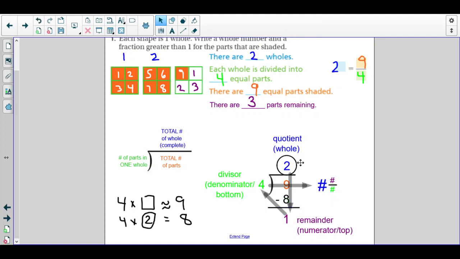So now I'm going to use my cross method here. Start right here, go down, over, and across. So start up here, I have 2. I'm going to go down and pick up my remainder of 1, and then come across and pick up what I was dividing by, and that is 4. So 2 1/4